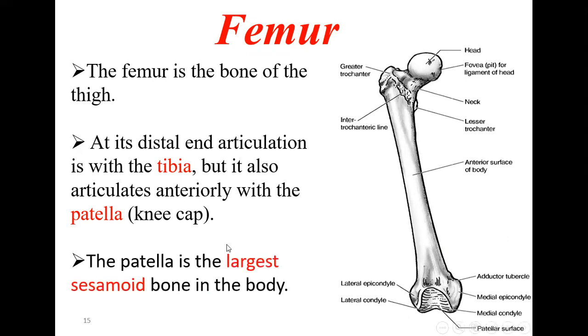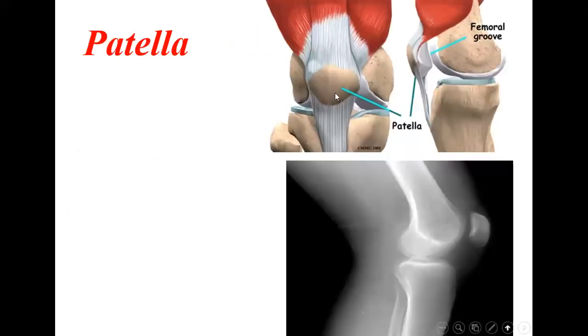As I said before, the patella is the largest sesamoid bone in the body. So here you can see, this is the patella. Above here we have the femur and below we have the tibia. So this is the X-ray of the same. Here in the thigh we have the femur, lower end, and this is the upper end of the tibia. And there is one more bone here, this is called the fibula. And here in the front you can see the patella, which is within this ligament. Okay, so this is called the patellar ligament.